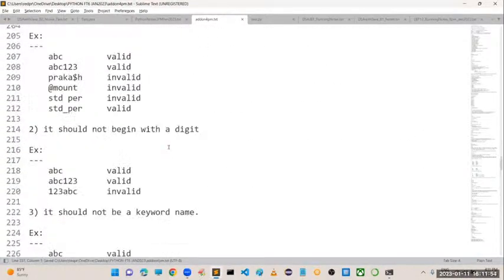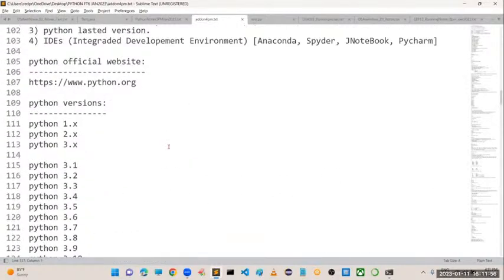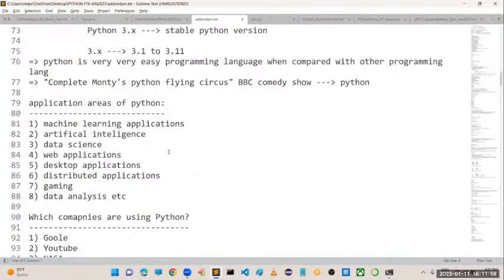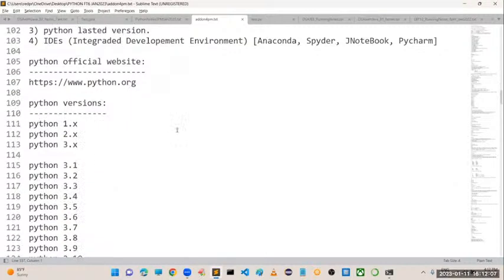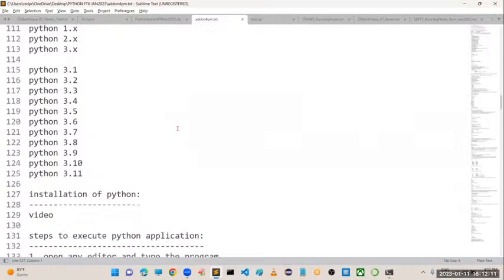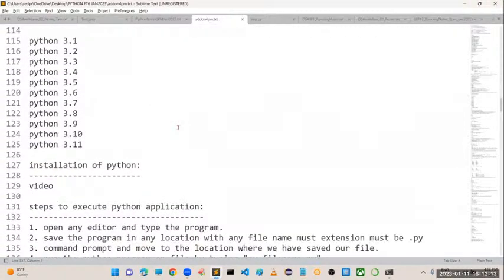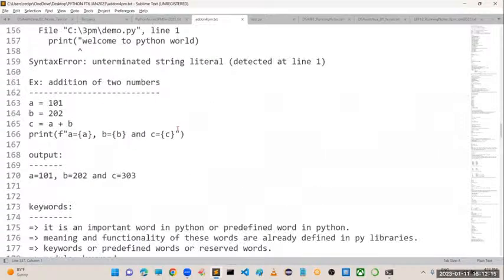In the last videos, we had a discussion about the fundamentals of Python, like who introduced Python, where we are using Python, what the application areas are, what steps we use to execute a Python program, what the official website for Python is, and what the various versions of Python available are.